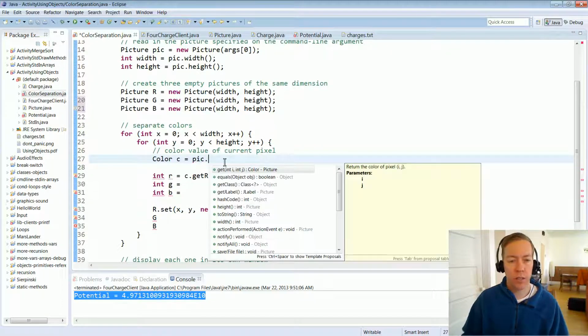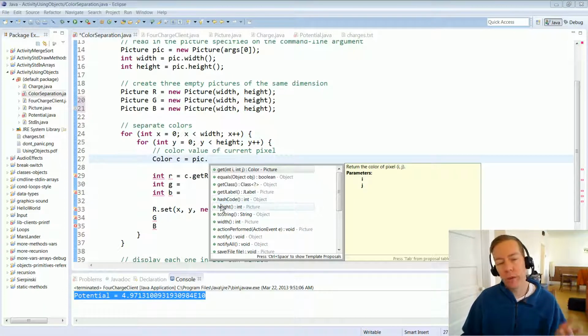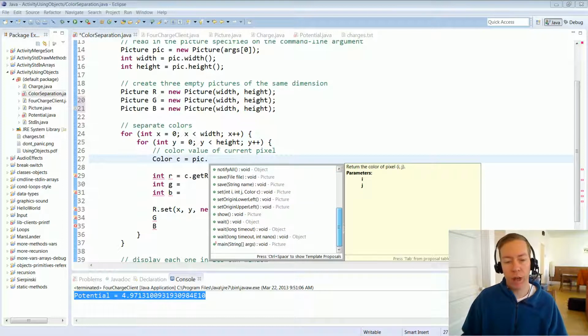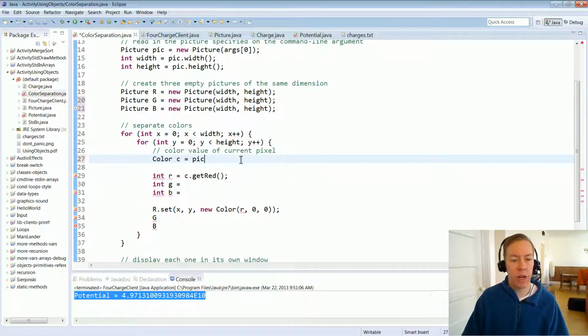So if I type dot, it's going to give me a nice friendly list of all the possible methods I can call. And some of these you don't recognize, like I didn't implement a hash code, but you're getting some of these just for free because all objects in Java have that particular method. But it's not something you're going to normally be using. Usually you're looking for the ones that are of the data type picture in this case, and like there's our get method, and so even as we type get,